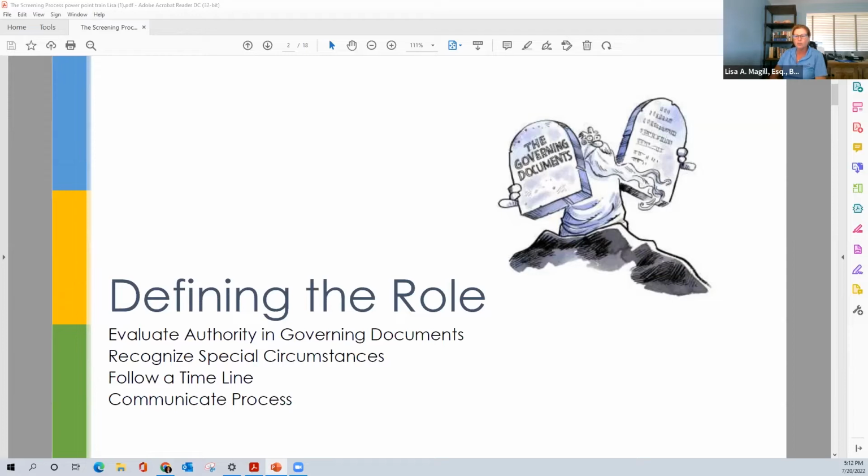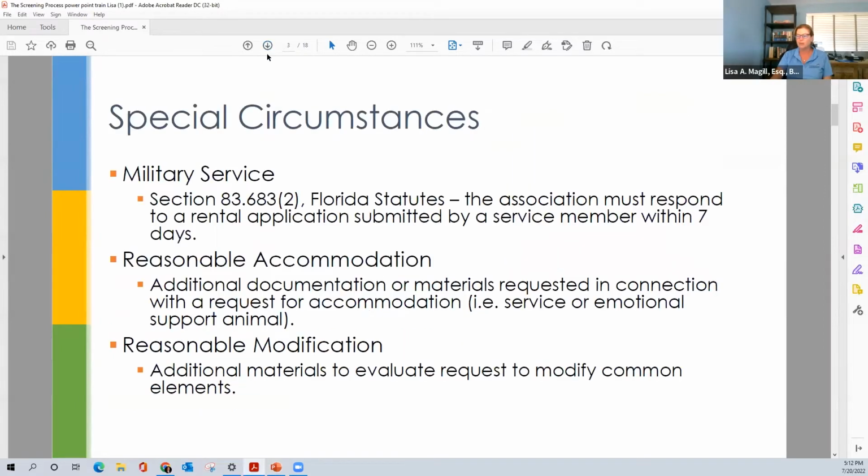Jeff, is there an issue or? No, just a quick question. I want to make sure my screen's not frozen. Which slide number are we on? I'm still showing the defining the role slide. Is that correct? Exactly. So okay, we're moving right now to the next slide. Thank you. That's all. Okay, great.